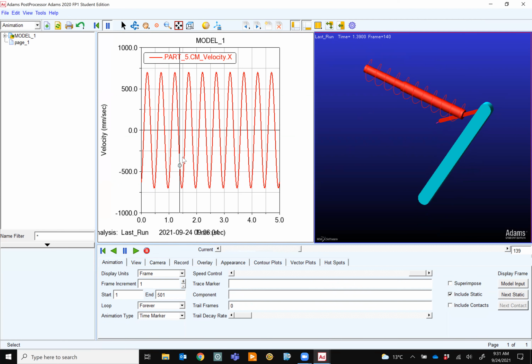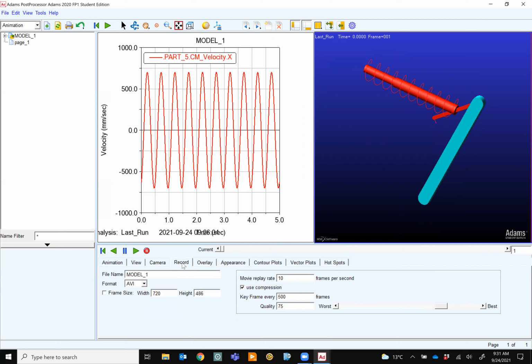It shows also where it is. While the animation is being done, if I hit record, it makes a video for your presentation. But you have to go to record as well, select a name, change these things to a better quality, but do not go over 75 because then it takes forever. The frame rate and those things, you can play with all those things.